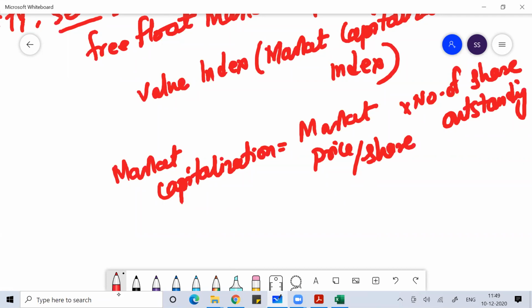Market capitalization works once the company has done the IPO, rights issue or FPO. Through the primary market, the number of shares the company has issued in the market, which is used for trading, when multiplied with the value of one share in the market, gives the market capitalization of the company.